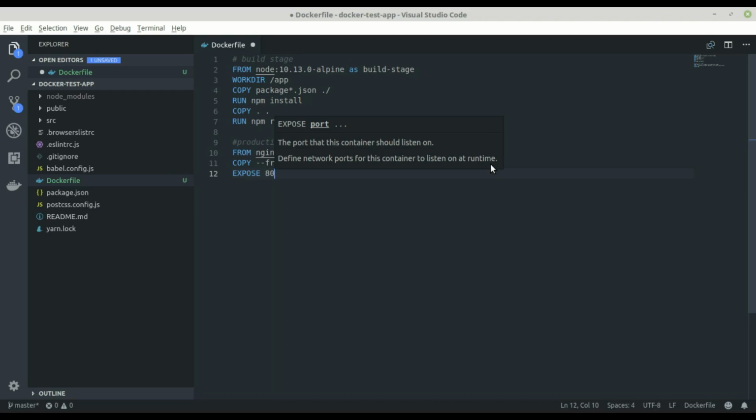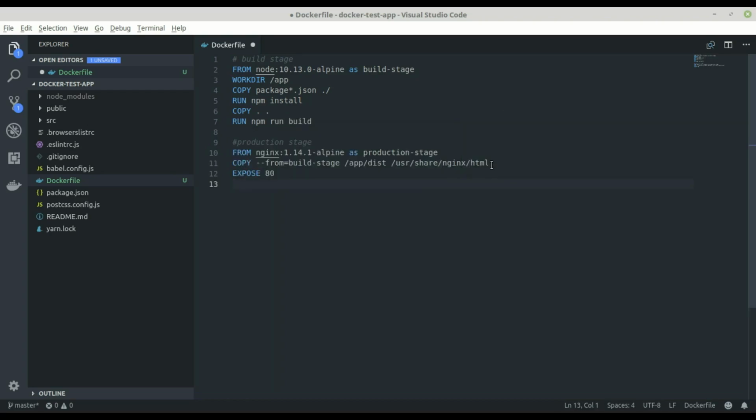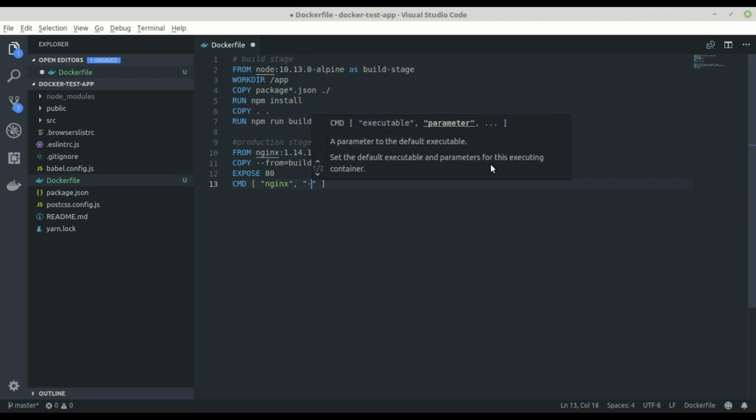Okay, localhost, well, in this case the localhost is going to be the Docker container once we run this. Okay, and then we say CMD for the command, and inside we say nginx, and then we say -g, and the important part here is daemon